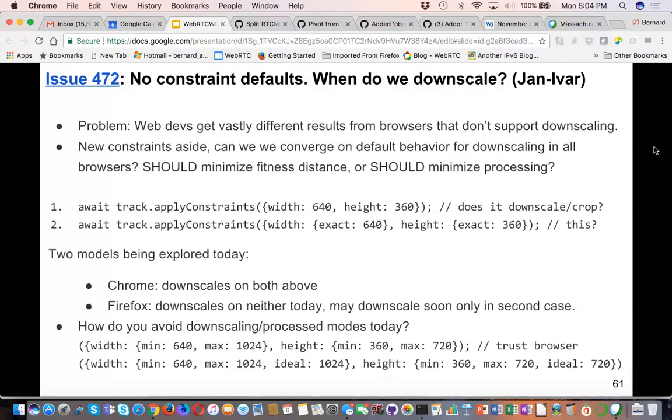So as a result, in Chrome you can apply constraints for a width of 360, and I think Chrome will crop 640x480 down to it. In Firefox, you would only get that mode if the camera driver has 640x360 on its listed modes. Otherwise, you would get the nearest one according to the fitness distance algorithm. I think Edge does the same.